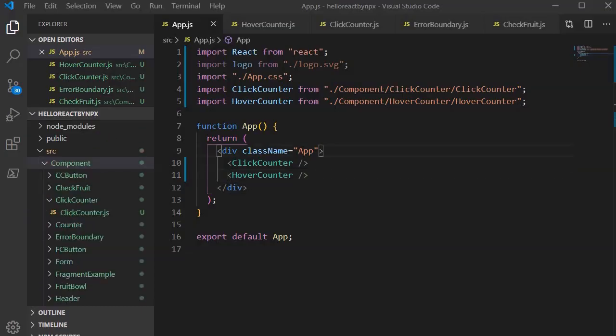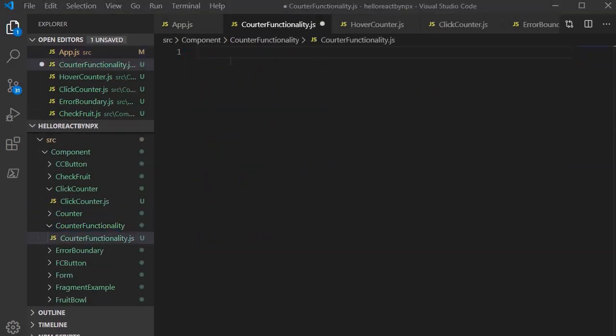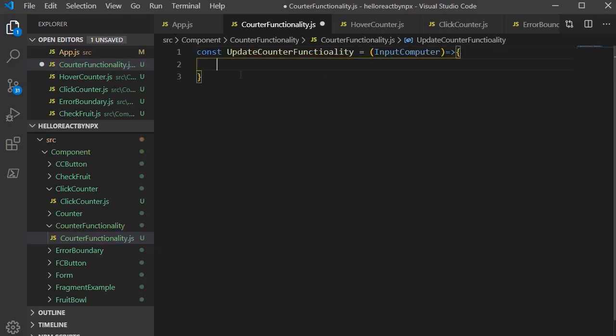To design the reusable code with the help of a higher order component, how will we design it? We are going to create a folder called counter functionality, and this is going to contain reusable code which will contain the logic of counter functionality, that is increment, and I will name it counterFunctionality.js. Now we have to create an arrow function. I am going to write const updateCounterFunctionality, and this takes the input, which I will call inputComponent, and when it receives the input component,